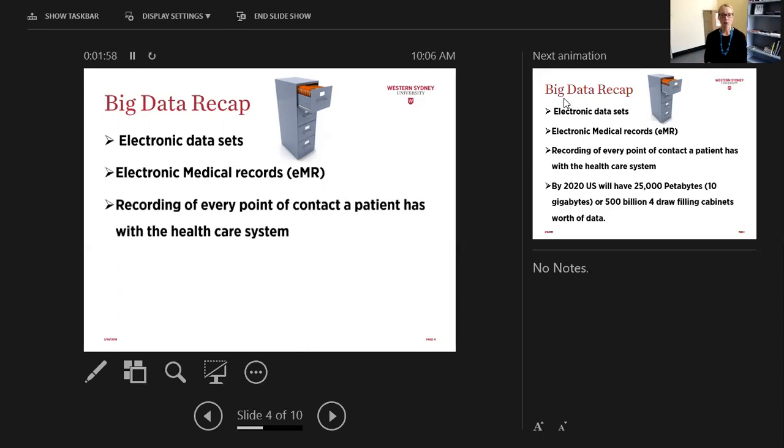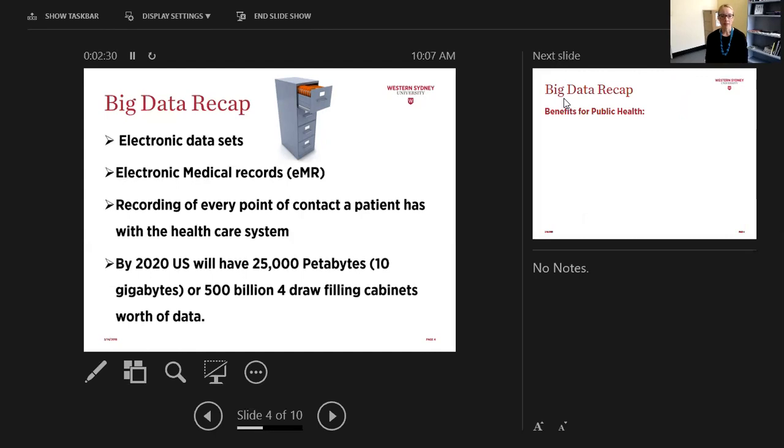And like I said, it's that point that the patient touches the healthcare system right from the beginning through the end, and in a lifetime it can be right from your birth through all your immunisations in your childhood, any accidents or emergency presentations you might have, through to your ageing and cancer diagnosis, chronic disease management. You become many, many data points on these large data sets for us to explore as health professionals, particularly in public health. It's estimated in the US that by 2020 there's going to be